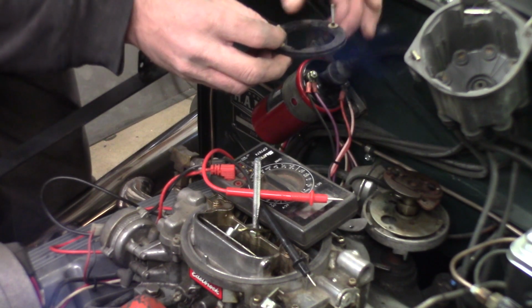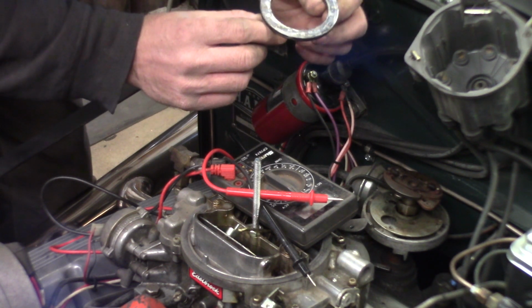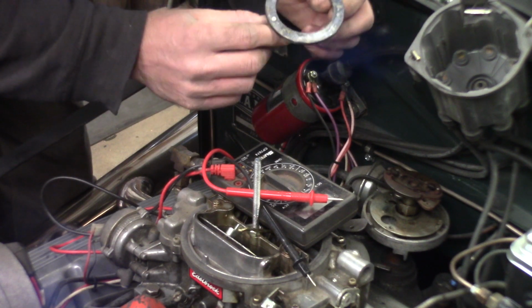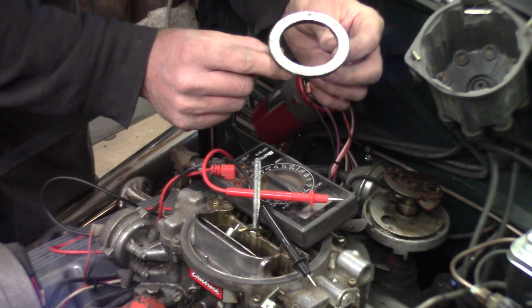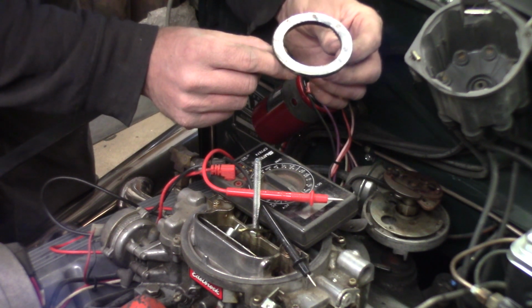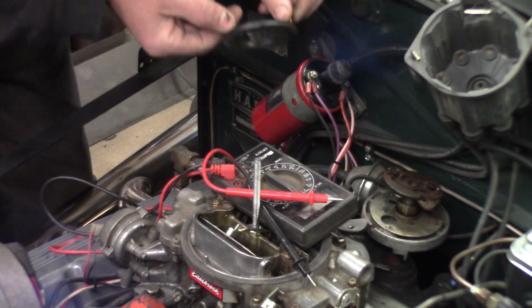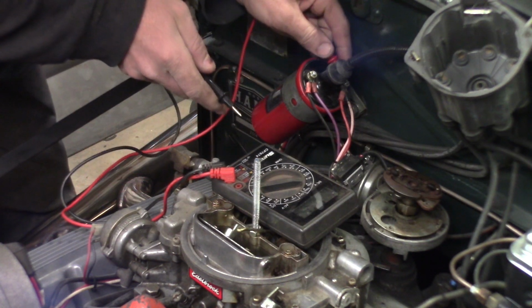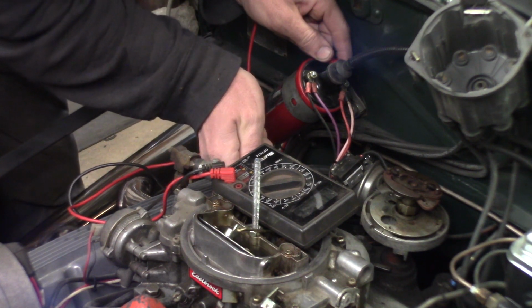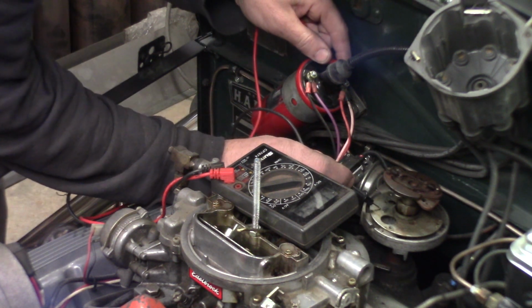take off our ring. There, that's the bottom of the reluctor ring, which appears to have some gamma goo in there, but should still be making contact all right. We got our 12 volts at the coil, so let's go to this plate. We have it now, but